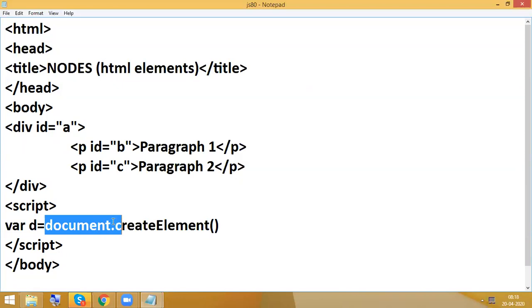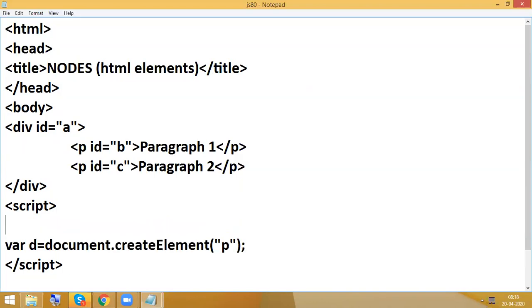Whenever we start any syntax with document dot something, these are all Document Object Model methods, used to control our HTML part: tags, attributes, whatever. So now I'm going to create a new element. What element am I going to create here? A paragraph. So that is the meaning of this syntax.